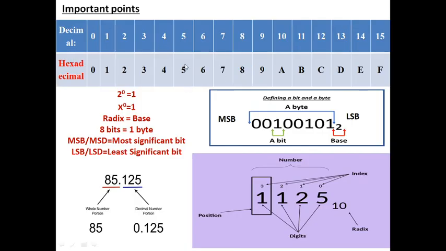Now if you see this slide, this is a hexadecimal number. So you can see here 0 to 9 and A, B, C, D, E, F, because there is nothing called 10, 11, 12, 13. This is the equivalent of this. So if you see the decimal number 13, in hexadecimal it is taken as a capital D.